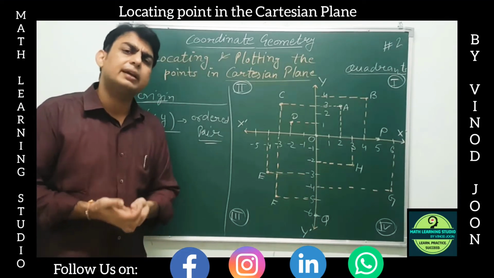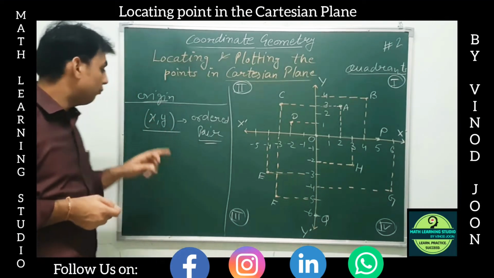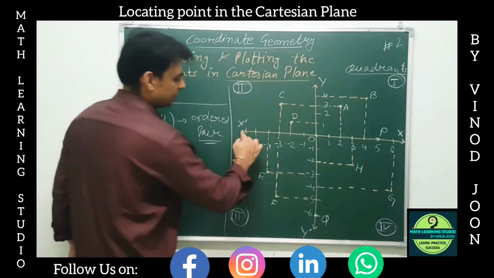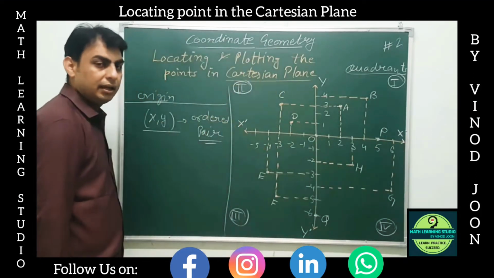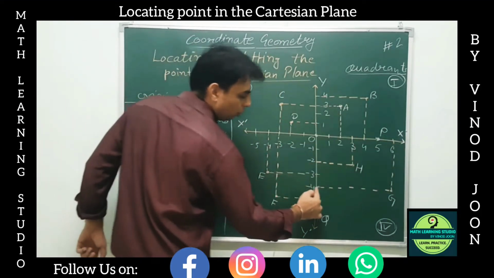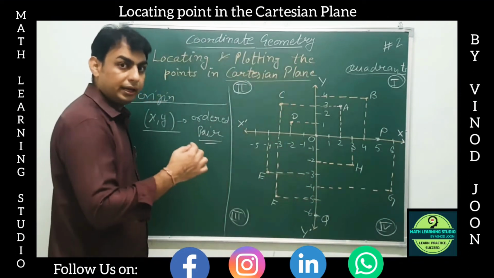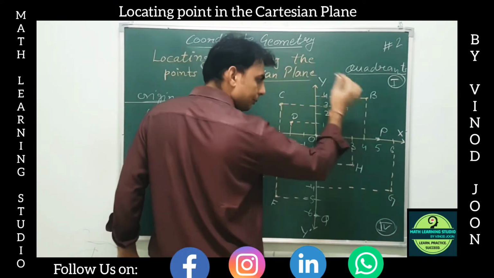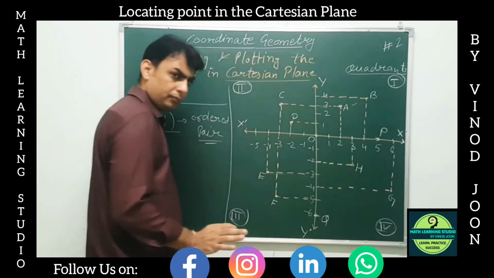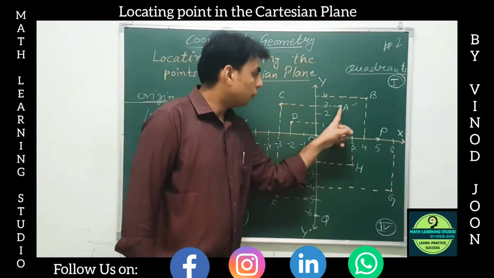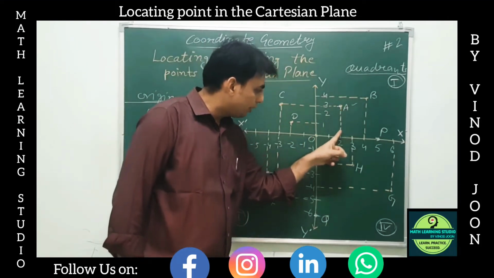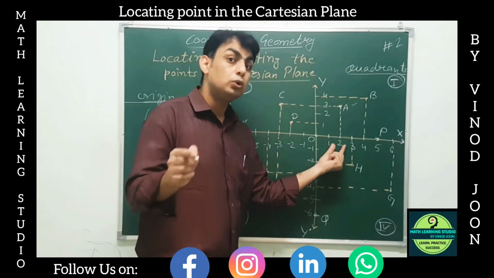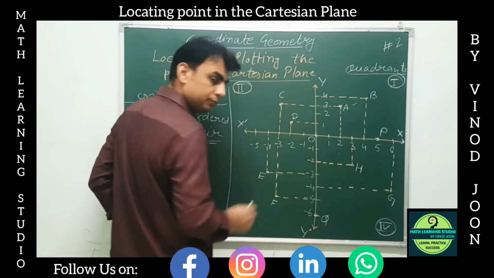Now how will that ordered pair be made? How do we come to know what the value of X will be for that particular point and what the value of Y will be? That's very simple. We go on this line and see. You can see I have drawn some dotted or dashed lines. We can see from there the value. Suppose we go for point A. First of all, from point A, we have a line coming to the x-axis. It is coming at point 2, or the value 2.